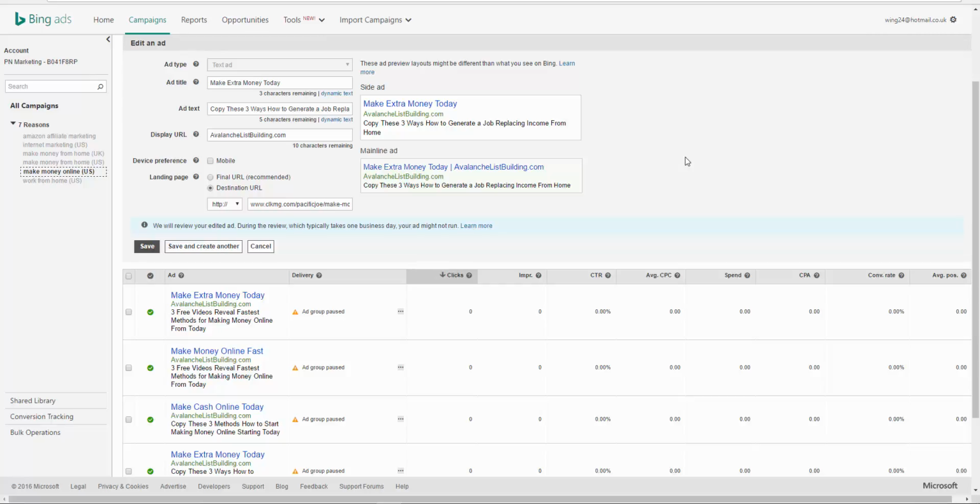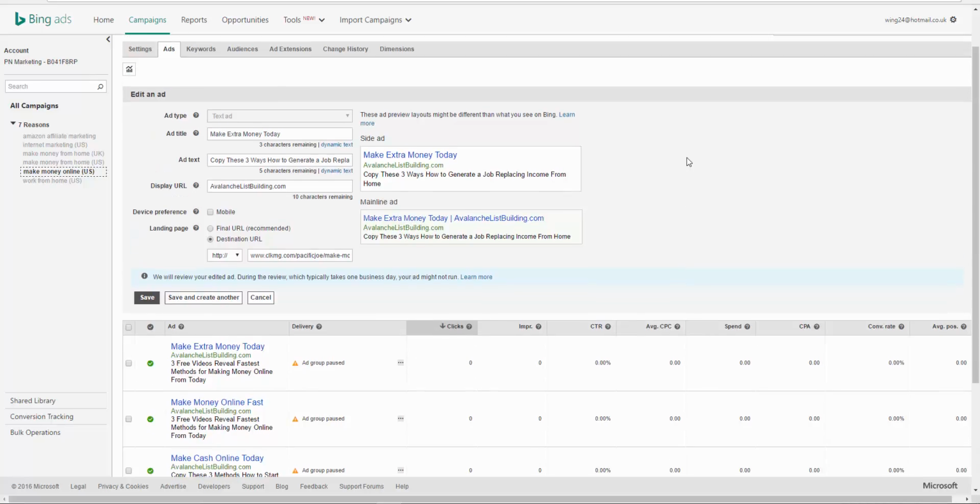Okay, this is one of my ads that I was running. This is one of my ads that I split tested, and I've just put "make extra money today, copy these 3 ways how to generate..." my website there. So what I want to show you now is how to actually track your results with a good tracking piece